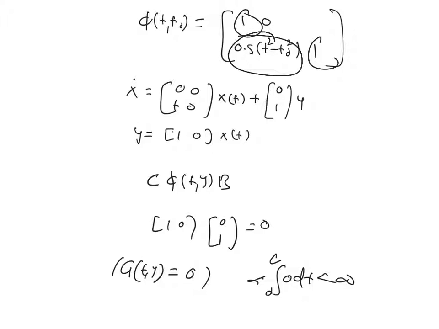Okay, so that's how you have to first compute the transition matrix in a linear time varying system, then multiply it with C and B, C on one side and B on the other side, and check each element of that matrix, whether it satisfies that integration quality, whether the integration will be bounded or not. And the integration can only be bounded if either it is 0 or it's a decaying term. If it is 0, then you integrate, doesn't matter, or it's a decaying term. Even a constant term, if you integrate, it will blow up. Okay,